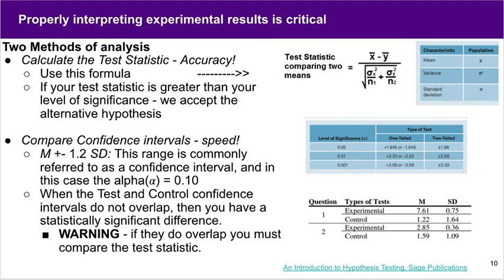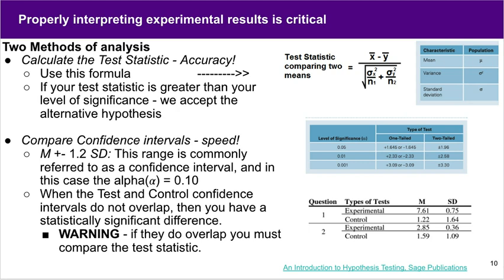In this formula here on the top right, you will take the difference in means over the combined standard error, and this is going to produce your test statistic. If your test statistic is greater than your level of significance, then you can accept your alternative hypothesis. So the industry standard use case is your test statistic greater than 1.2. 1.2 is the level of significance for a one-tailed test at a 0.1 alpha, which is the standard for odds measurement in most cases throughout the industry. You can change that 1.2 based on the confidence level of your test, but this is what we will typically see in industry. So is your test statistic